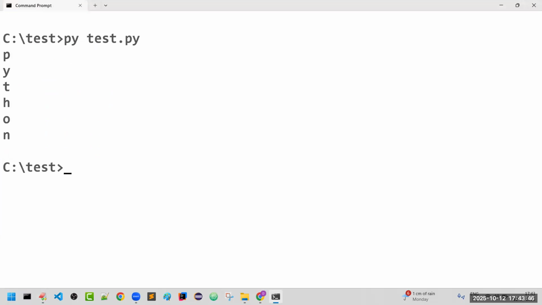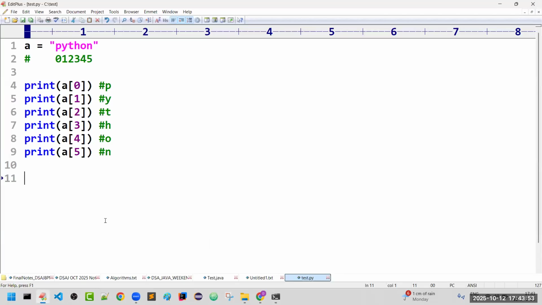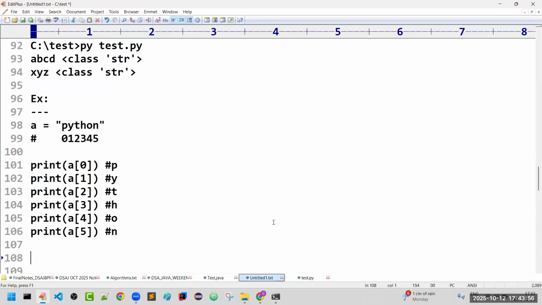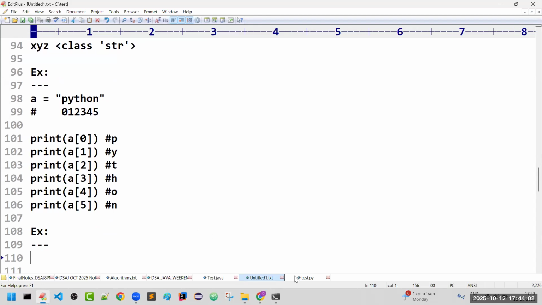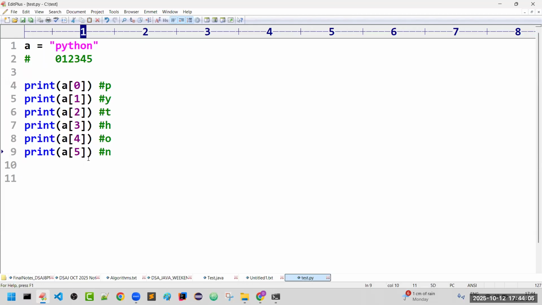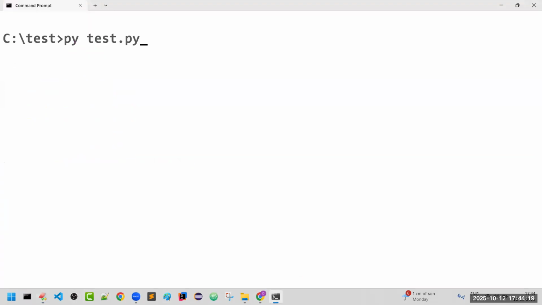Let me cross check whether it is really working. Yes, you can see we are getting individual characters. Suppose I access out of range, for example, there is no sixth location character. If I try to access the sixth location character, we will get an index error. Let us cross check.